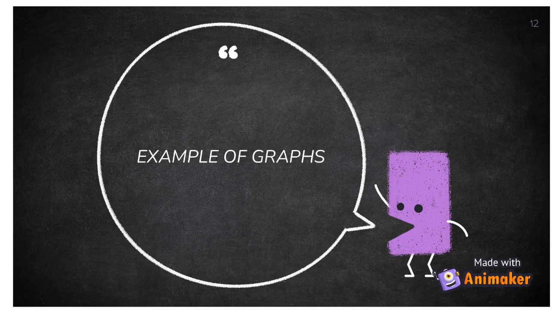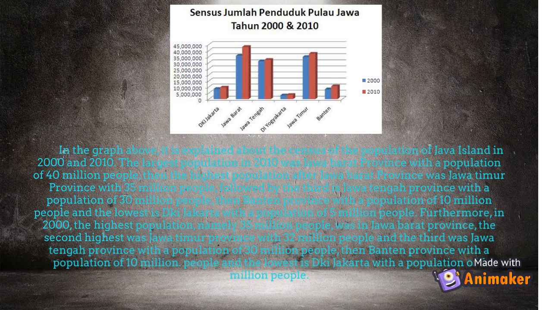Example of graphs. First, bar graph. The graph above explains the census population of Java Island in 2000 and 2010. The largest population in 2010 was Jawa Barat with a population of 40 million people. And then, the highest after Jawa Barat was Jawa Timur province with a population of 30 million people, followed by the third, Jawa Tengah